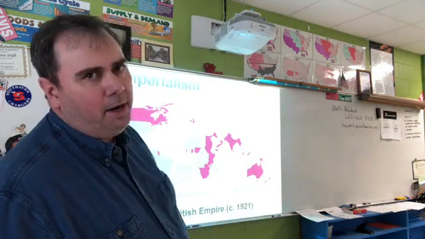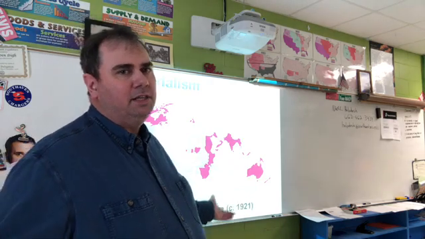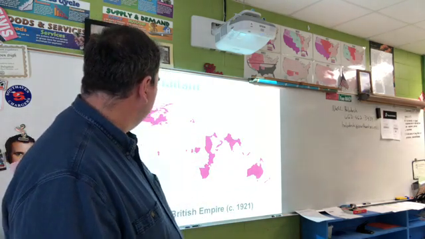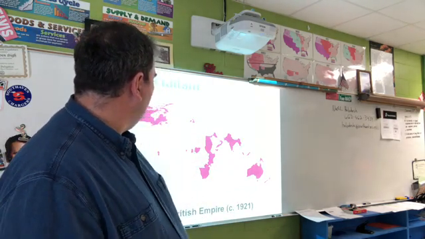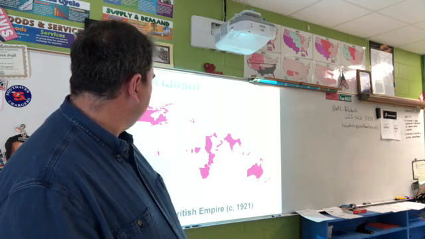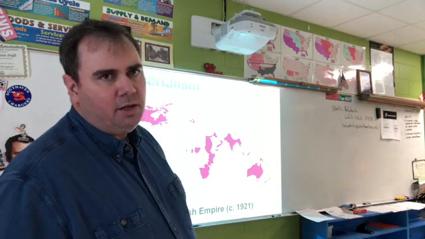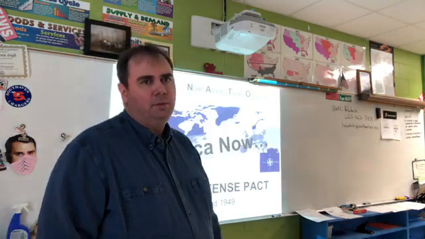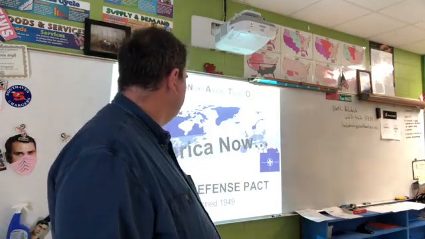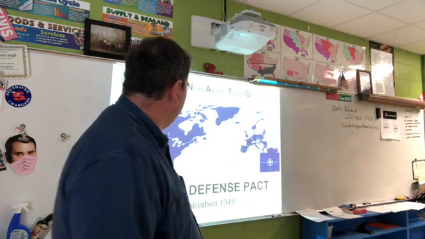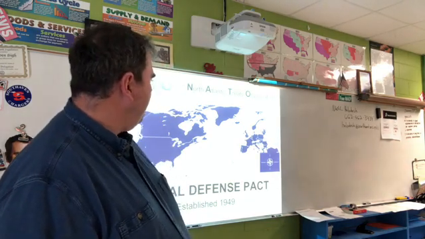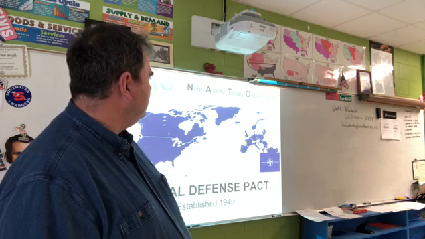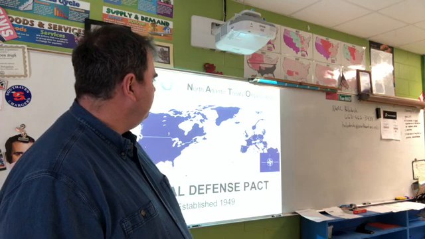All right, that's imperialism. That just shows the British Empire, where they said the sun never sets on the British Empire. Yeah, it's true. It is true. All right, that's 1921. Okay, you see they still got some little stuff there. It's good stuff. All right, and so we get the idea. All right, so that's the North Atlantic Treaty Organization. That's a defense pact. That's just showing, yeah, these are all allies. Yay. Good stuff.